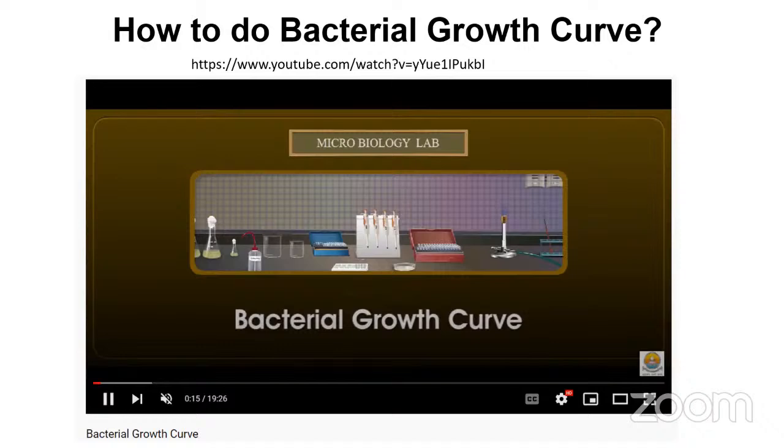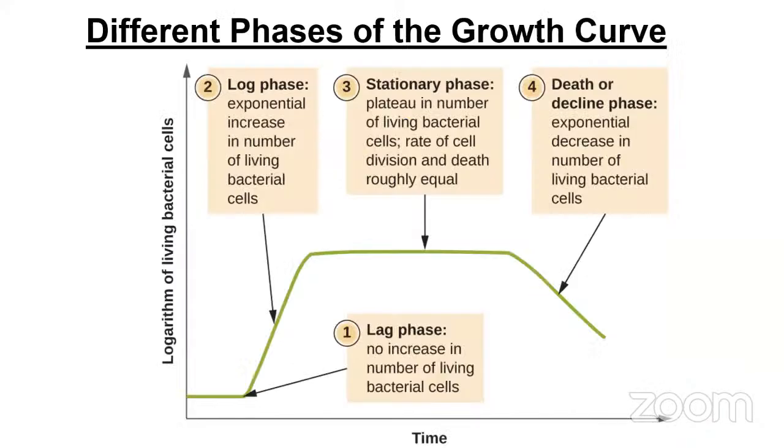paper. On the graph paper, time will be on the x-axis and the OD will be on the y-axis, and from there you will find a sigmoidal curve which will specifically show three different phases of growth: lag phase, log phase, and stationary phase. If you want to actually see the death phase, then you need to do the growth curve for a longer period of time. Okay, so this is all about the different phases of the growth